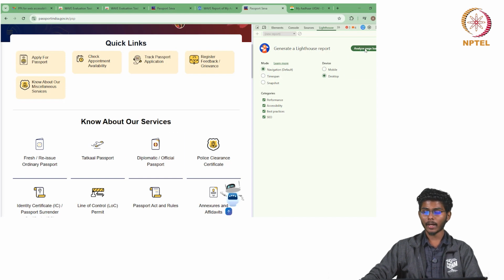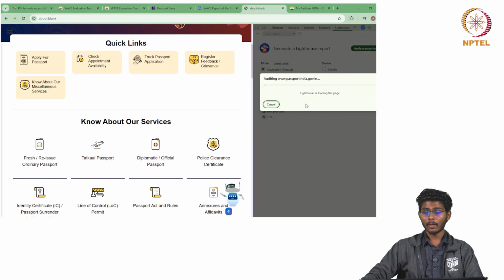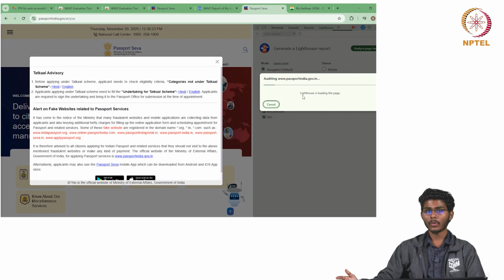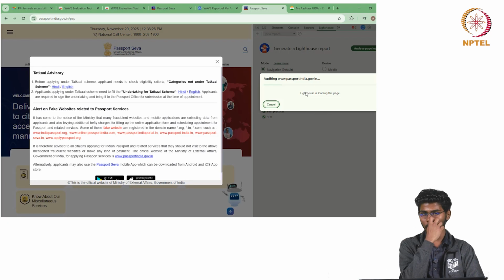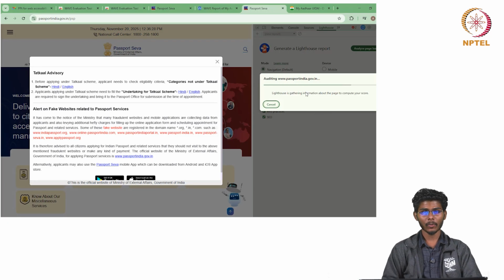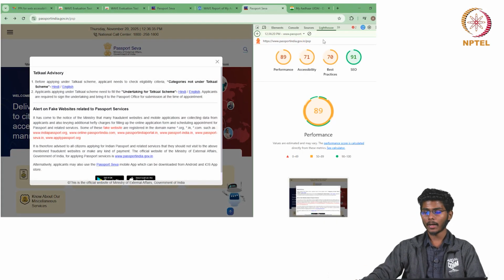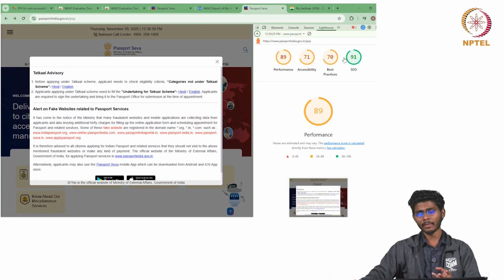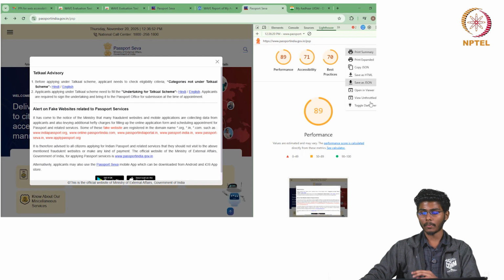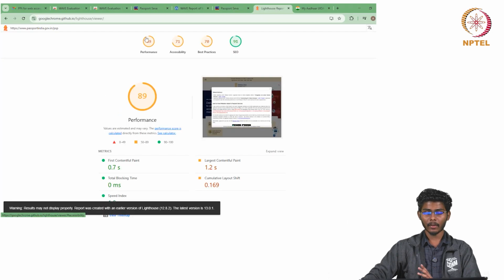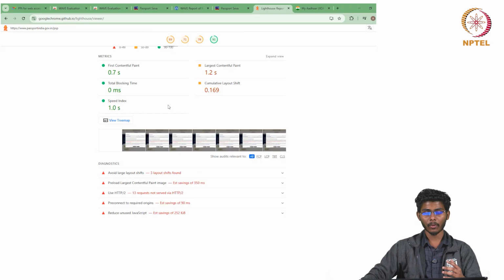analysis. When we analyze the page load, it will take 1 to 2 minutes to generate the whole report. In the WAVE evaluation tool, the report is generated in seconds, but Lighthouse takes more time than the WAVE tool. We can also view the whole report in the actual browser: at the 3 dots, we can click and go to open in viewer. Here we can clearly see the analysis report of the interface.